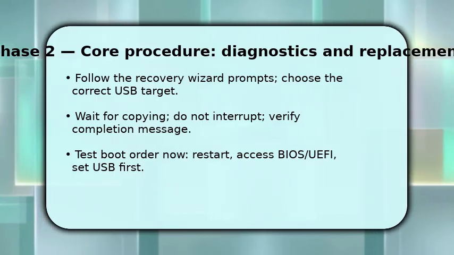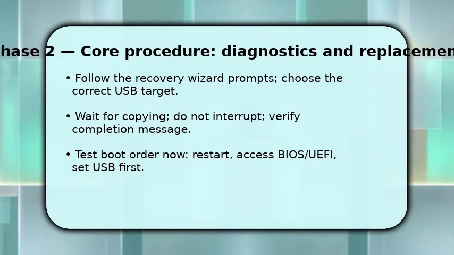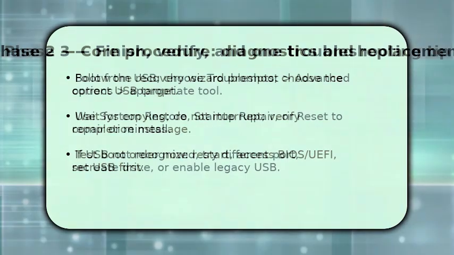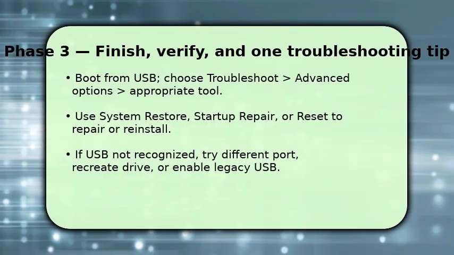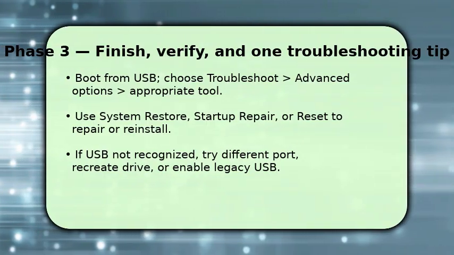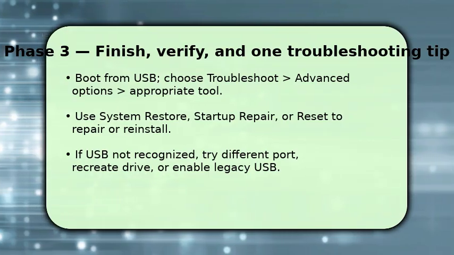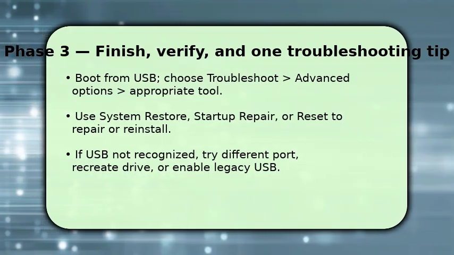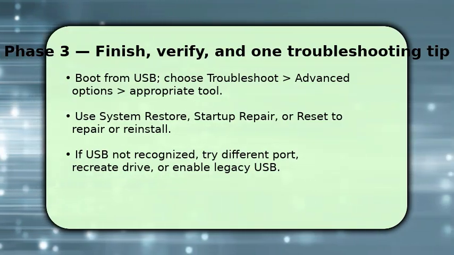You finish by booting from the USB recovery drive and selecting Troubleshoot, then choose Advanced Options to pick Startup Repair, System Restore, or Reset this PC depending on your goal. Follow on-screen steps. Startup Repair fixes boot files, System Restore rolls back to a restore point, and Reset reinstalls Windows